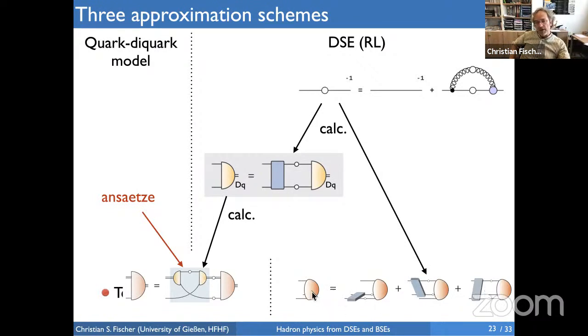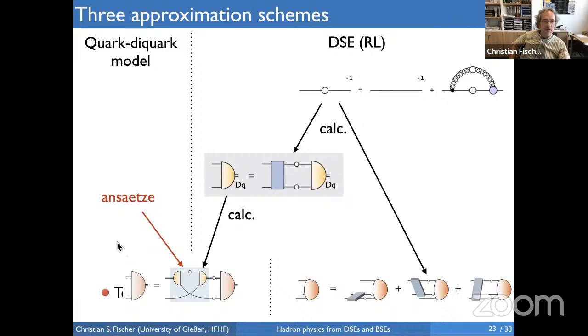However, since this is quite complicated, people have searched for shortcuts, and one of the shortcuts is you take the quark and calculate a diquark Bethe-Salpeter equation from that, and you plug that into an equation which describes the baryon in terms of quark-diquark degrees of freedom. So that's the baryon wave function in terms of diquarks and quarks, and the diquark and the quark interact with each other by quark exchange. So the diquark here splits into 2 quarks and then recombines here again into a diquark and quark. That's the second possibility. And I will actually compare results from this and from this framework.